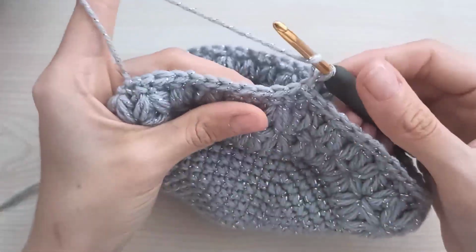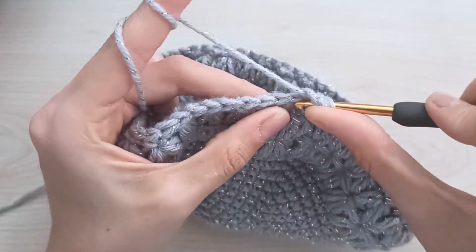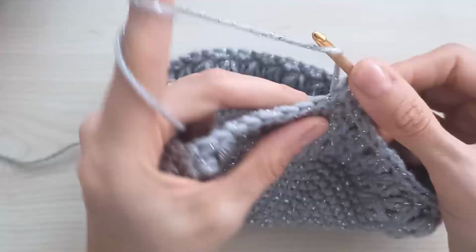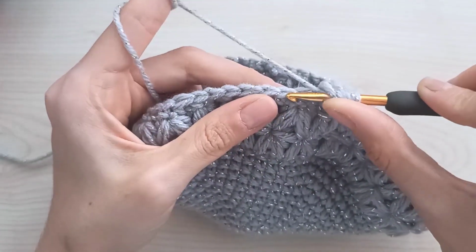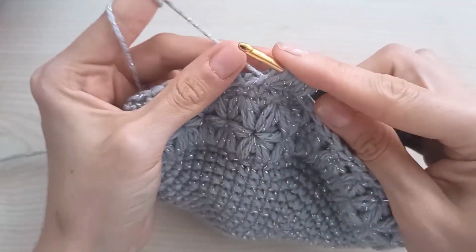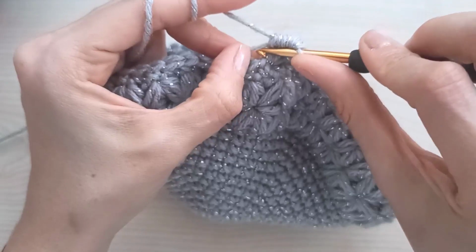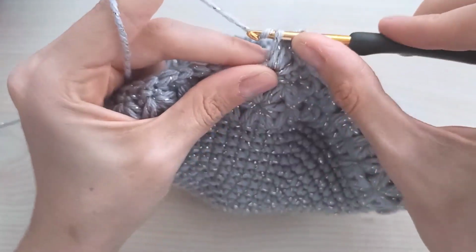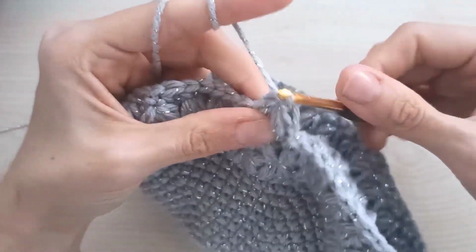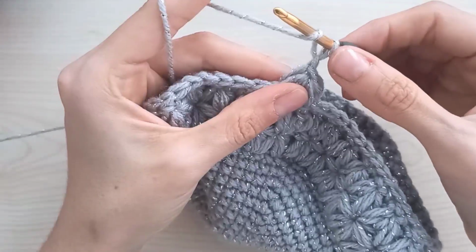times. Yarn over, insert into the same, grab your yarn, yarn over, insert into the same, grab your yarn, yarn over, skip 1, insert into the next stitch and make a puff here, then hold this yarn, pull through all together, insert your hook in that space, grab your yarn and make a slip stitch, chain 1, lose a little, yarn